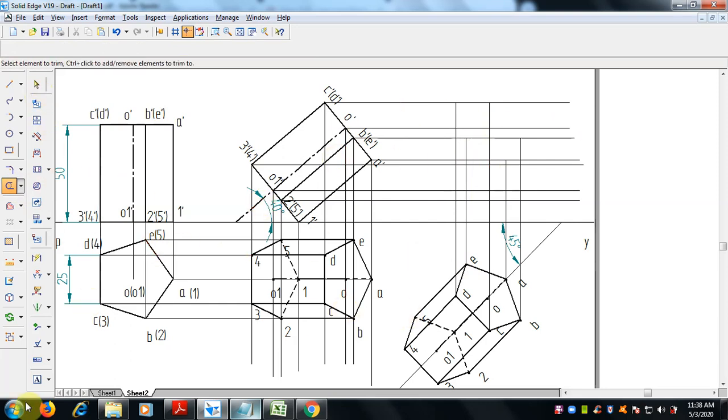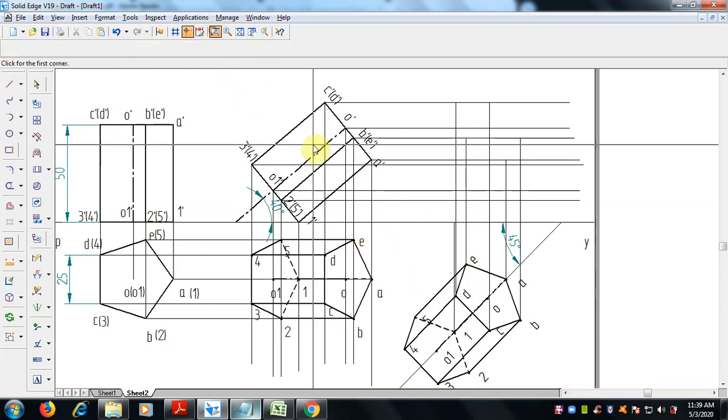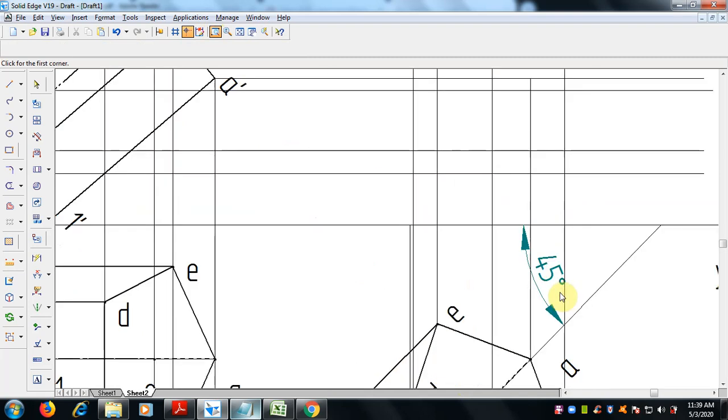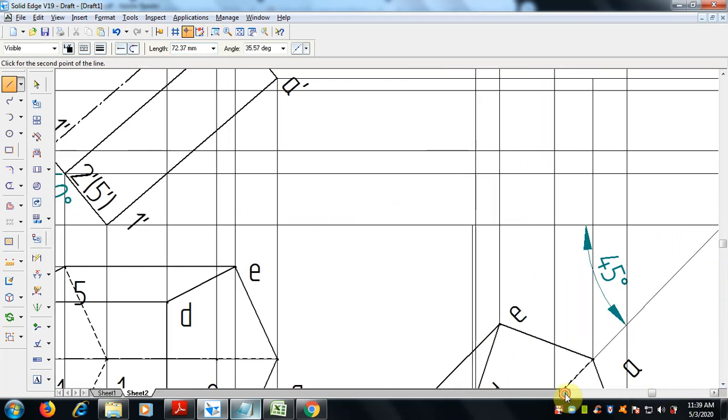1 2 3 4, like here we have to make 1 2 3 4 also. The face, select here 1, join 1 with 1, 2. If it is not coming, please zoom so that you can do it, but check where it exactly has to go.